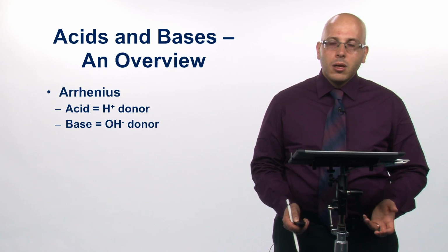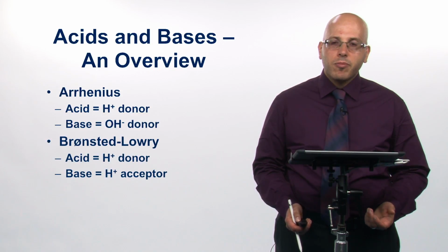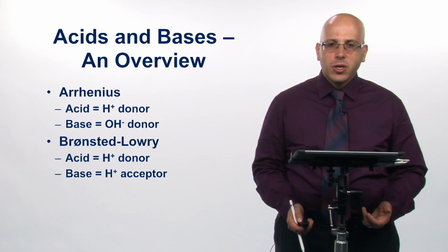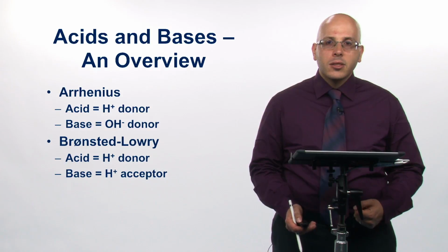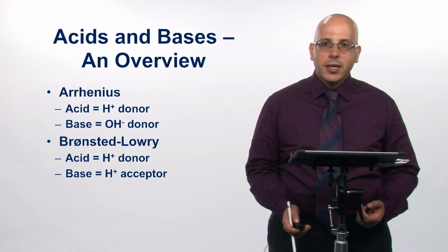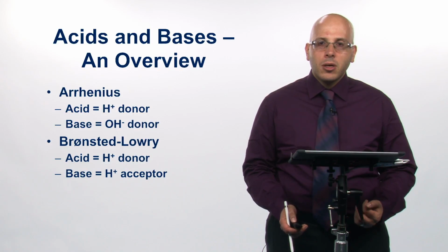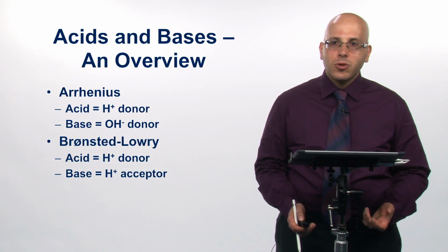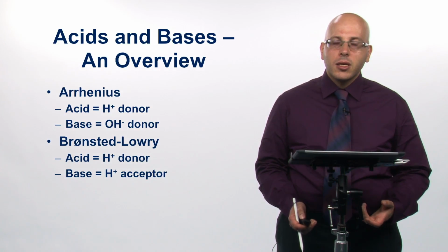Okay. Another definition is that of the Bronsted-Lowry acid or base. And this was about 40, 50 years later, 1923. And Bronsted-Lowry liked the Arrhenius acid thing. They kept that. Okay, so we still have an acid as a proton donor, but we're going to change the definition of a base. Instead of it being a hydroxide ion donor, this is going to be a proton acceptor,